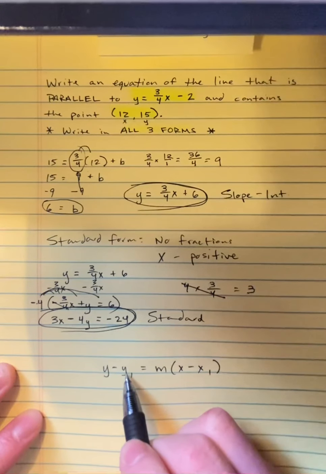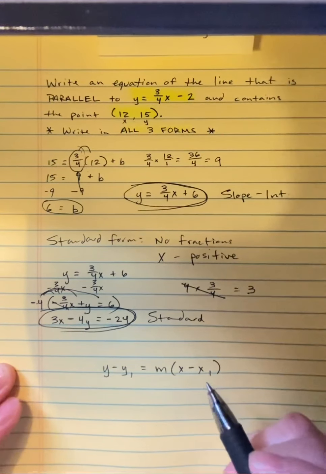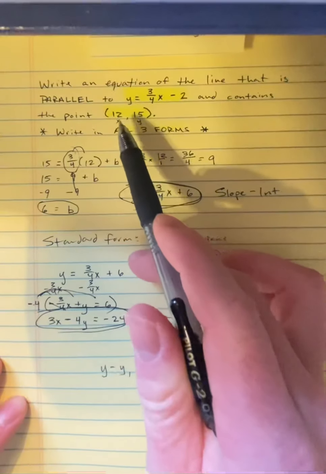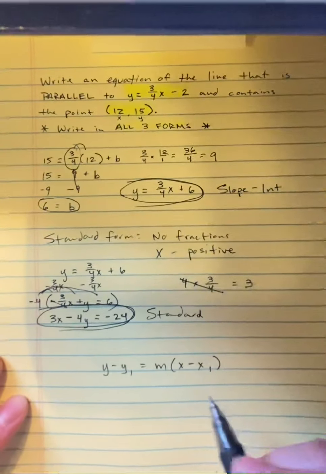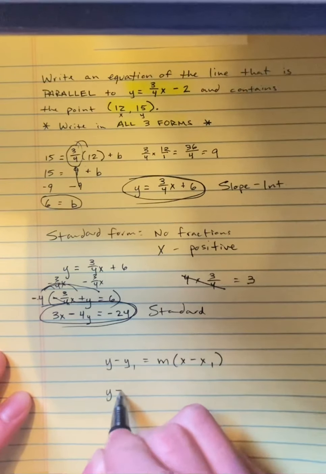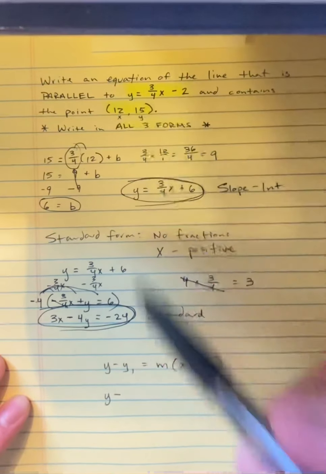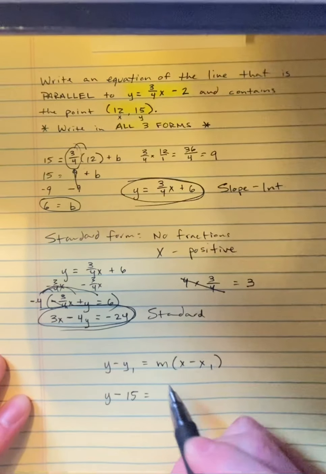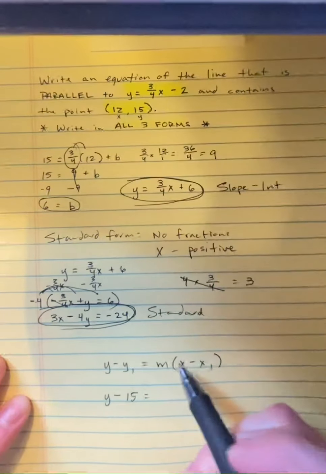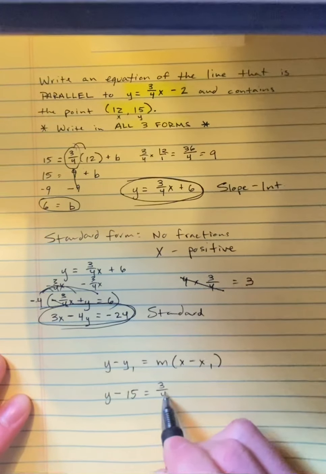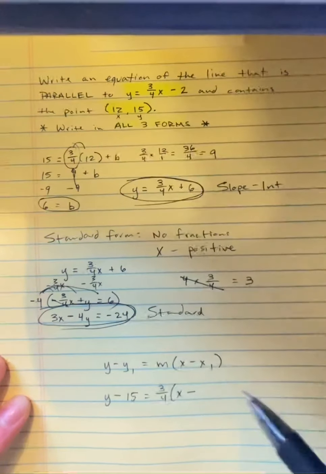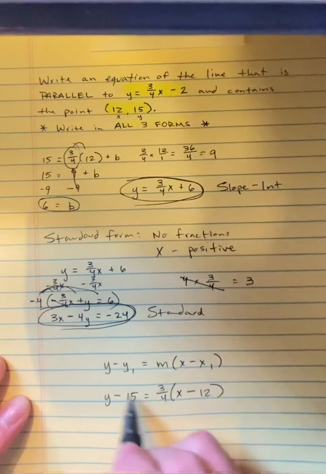But where does this y and where does this x come from? Where do we get that? Well, we get it from the problem itself, 12 and 15. So y minus y1, that's 15. y minus 15 equals m. My slope, as you remember, is 3 over 4 times the quantity of x minus x1, that x is 12. And so this here